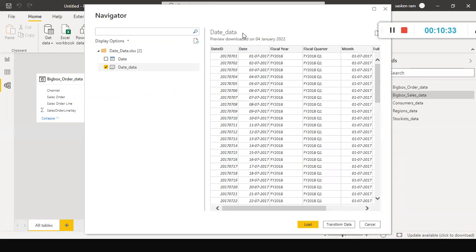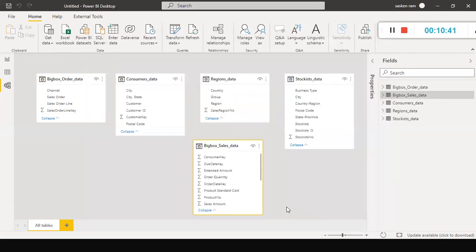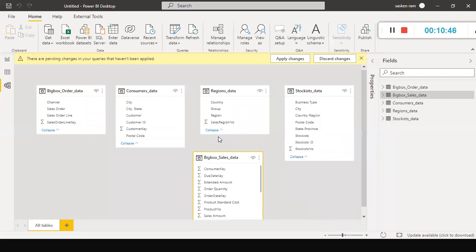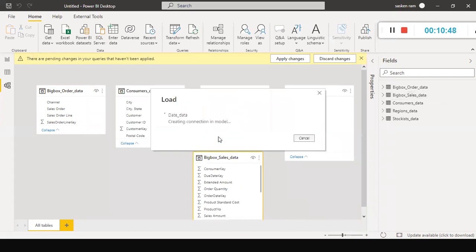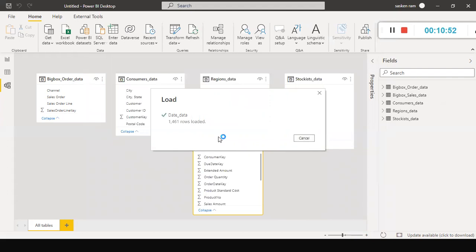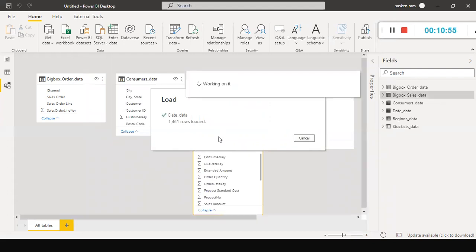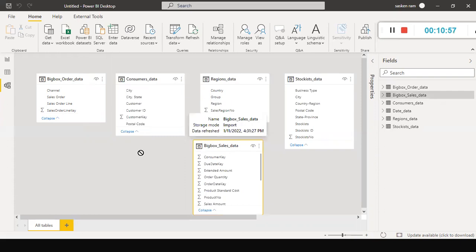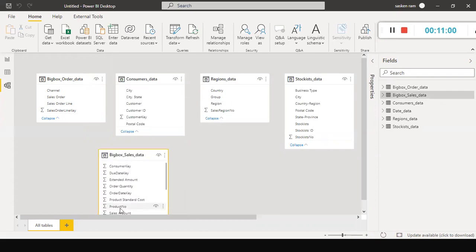So especially in star schema and snowflake schema, you have to have a date table separately. This date table will have the date column, and also year, month, day, weekday, those kinds of information. Because this is a transaction, I call this a transaction file, because it has multiple records for each customer, or for multiple products. I call this a transaction.